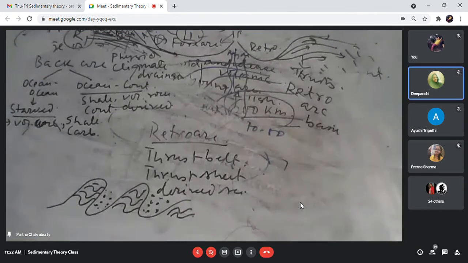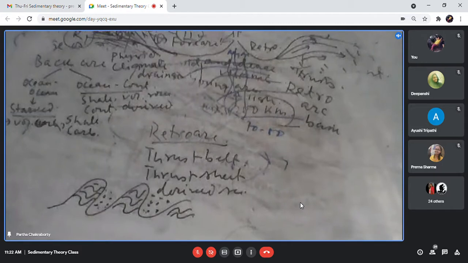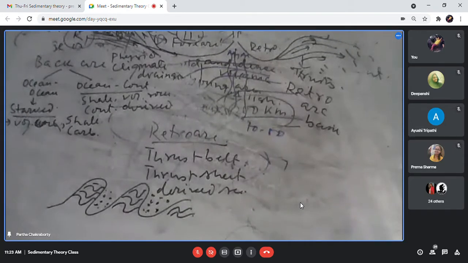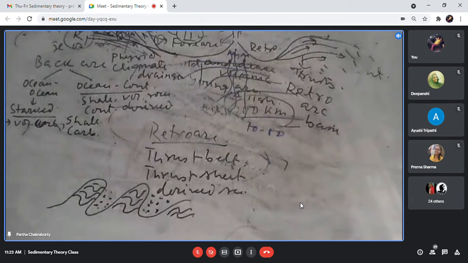Okay, sir. So with this, I am ending the course. Two things I have not discussed, which I will give as assignment. One is the orogenic belt basin, collision zone and orogenic belt basin, that I have not discussed. And another that I deliberately did not discuss, that is the strike slip basin. These two will go in the assignment.